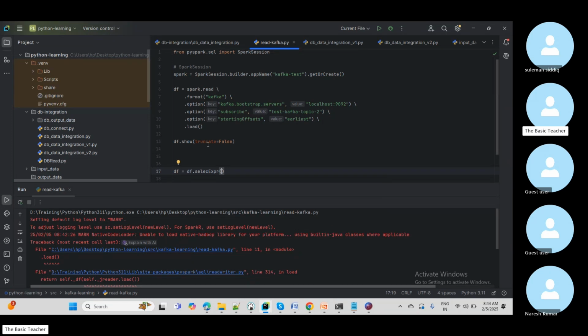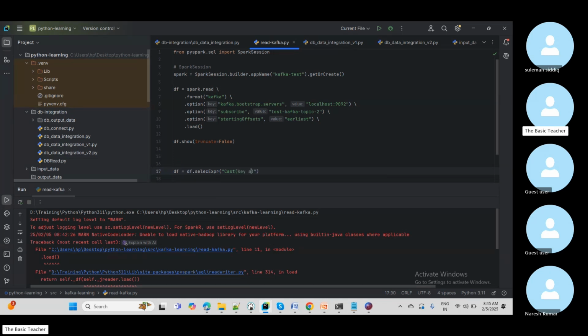Otherwise we see that by default it was byte array, right? We already saw this in Kafka Explorer. So here I can say cast, and then Kafka cast and then take